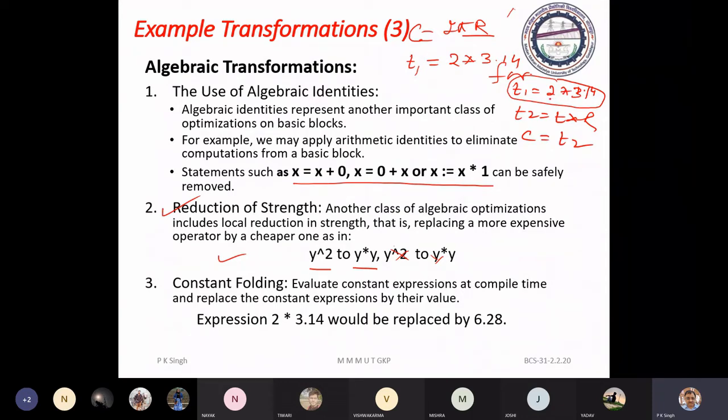What you can do is replace this T1 by 6.28. You can compute 6.28 and directly write T equal to 6.28 multiplied by R, C equal to T.